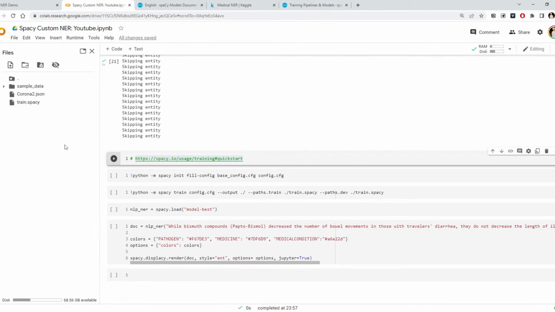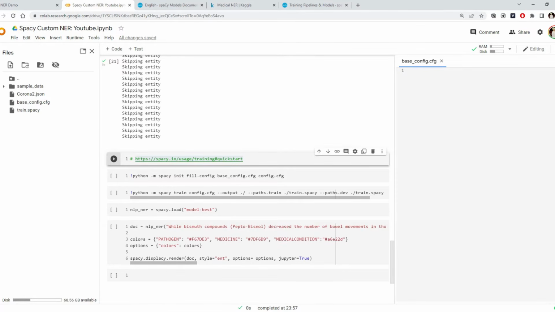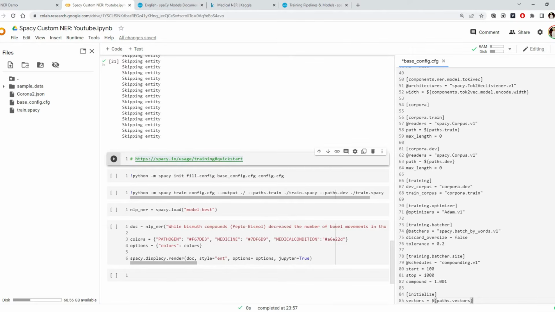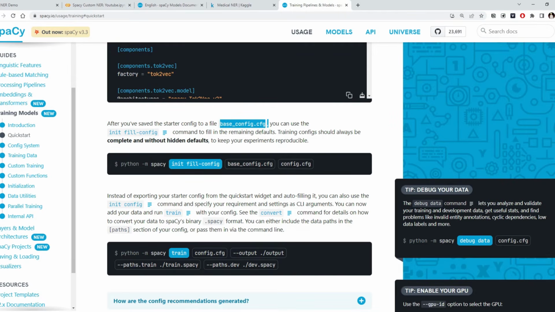Let's create one file here called base config.cfg, and we will paste what we copied, right? Once we created that base config, we have to run